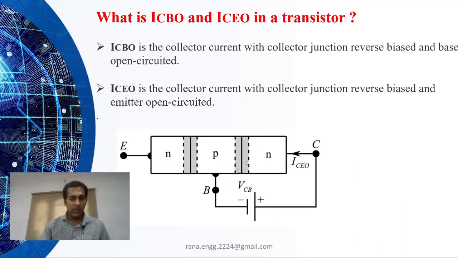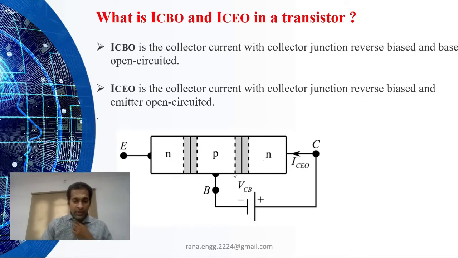So here you can see we have a transistor, NPN transistor. We have 3 terminals, emitter, base and collector. In this you can observe that the output side is connected with the voltage source, but input side is open. So input side is not working. Input side there is no conduction. So only this part is connected, and this part, if you observe, it is only PN junction. It is collector side. So one PN junction can be termed as a diode. It will follow the characteristic of diode here.